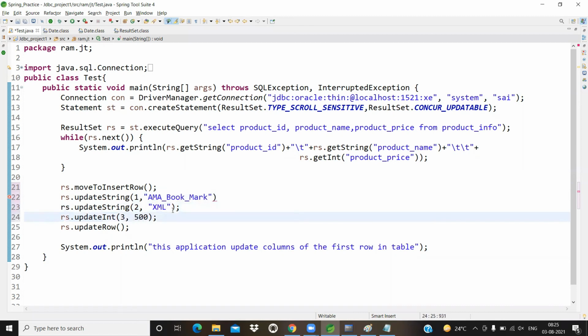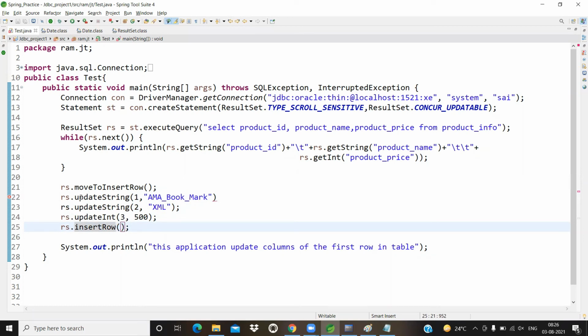Here I'm just writing 500. After that we have to write one method. What is that method? insertRow. For updating purposes, updateRow. For inserting purposes, insertRow.